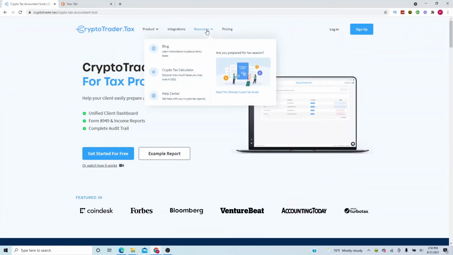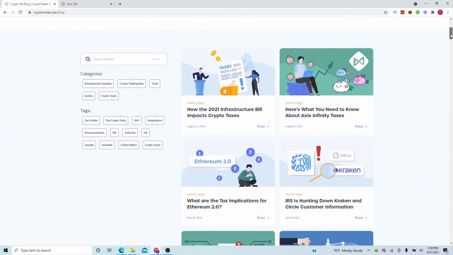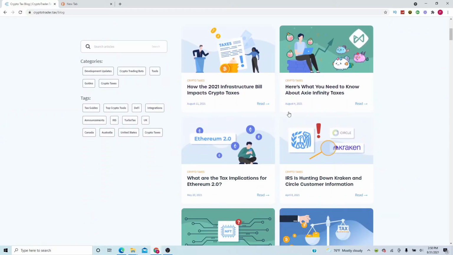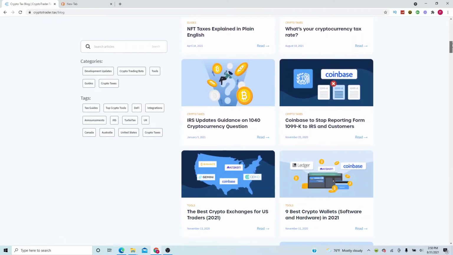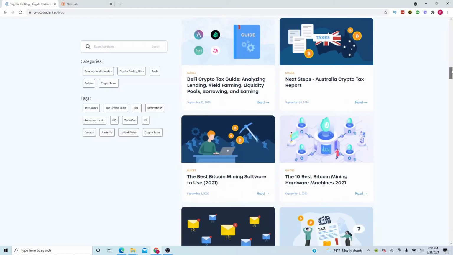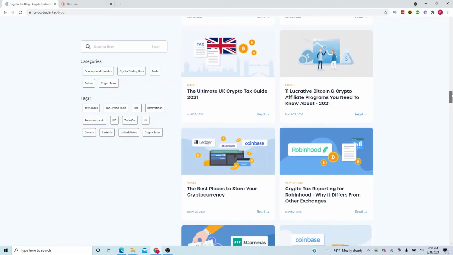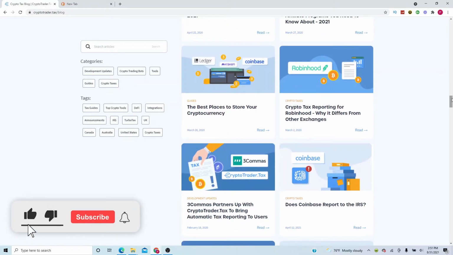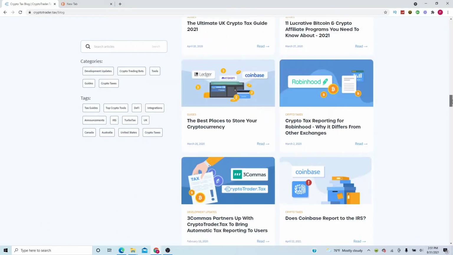So, the different integrations. Here I wanted to show you the blog, and it's going to show all of these different tags, all these different topics that you can learn. So feel free to go on and read some of these on your own. I just thought this was extremely helpful to give you an idea of some new things that you may not have known, things with Robinhood,